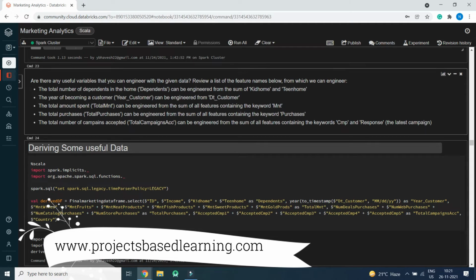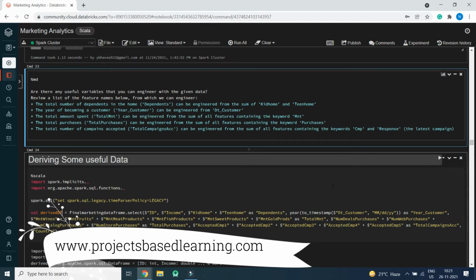So we are going to derive some useful data. Here we have done some feature engineering on the data, where we derived total number of dependents in the home, that is kids home plus teen home equals dependents. Year of becoming a customer: we will be deriving the year from the date.